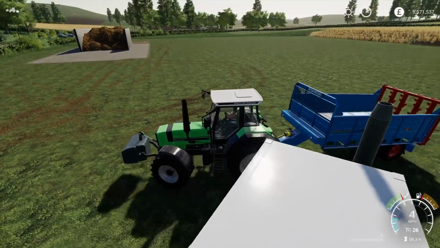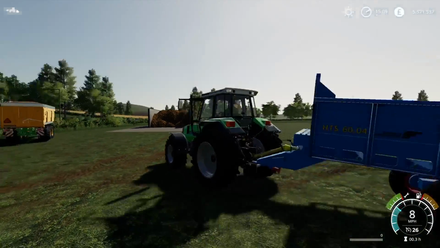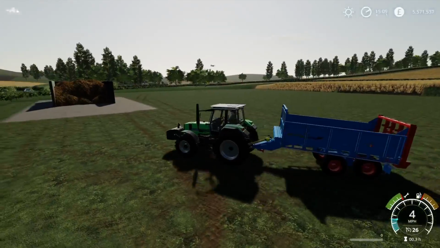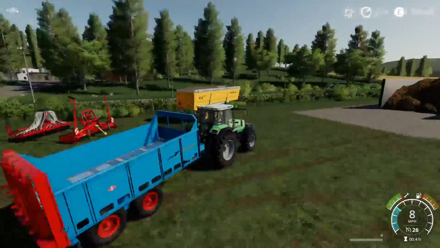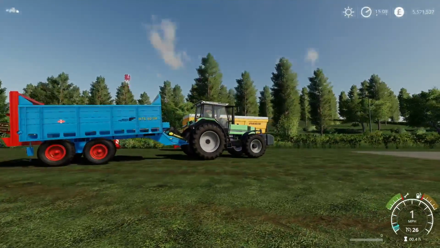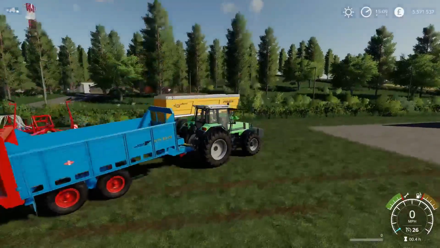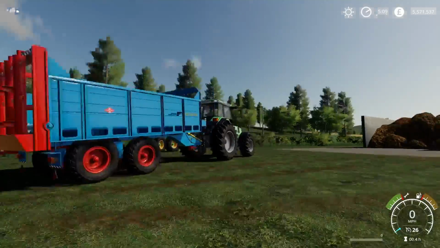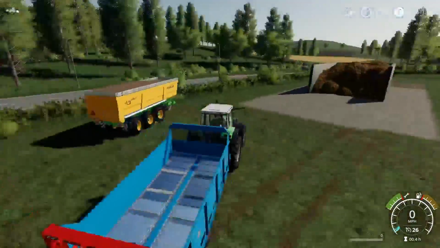Now it sits quite high on the trailer hitch on this one, but I don't know if it's just this tractor in particular. It might be on other tractors it will sit a bit lower, but it does seem to sit quite high on this one. And there's no way of adjusting it. Sometimes you get a bit of adjustment. If you hold down L1 and the right stick, you can adjust it, but because it's an old trailer, it doesn't have that